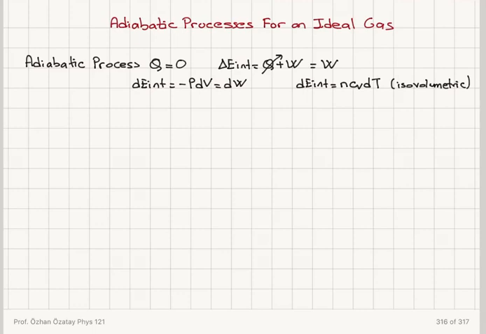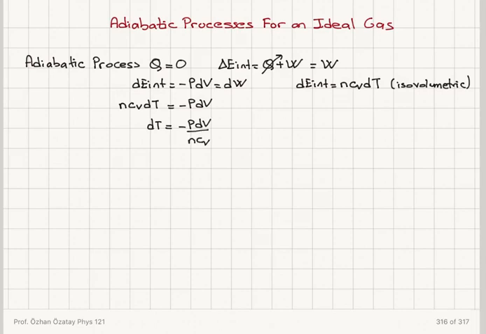Now, if the same internal energy change is achieved using the adiabatic process, then I have nCV dT must be equal to minus P dV. So dT is equal to minus P dV divided by